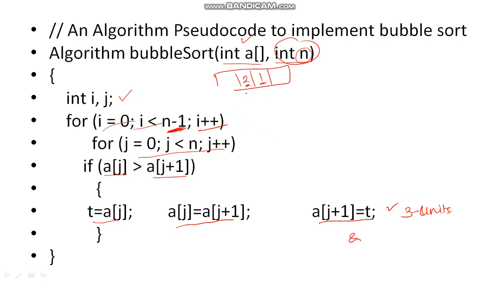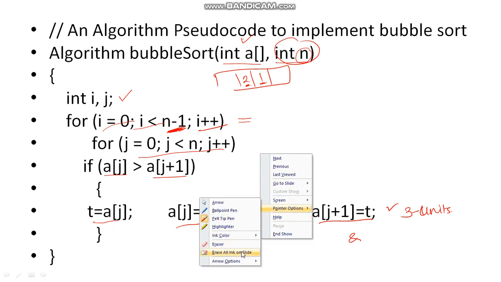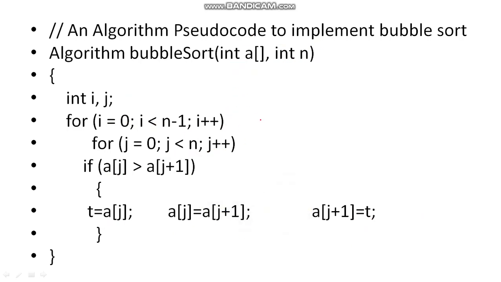Now, let me clear this so that we can write it properly. To find the time complexity of this algorithm, we need to see how many times it is going to work, for i equal to 1 to n minus 1. So this algorithm executes n minus 1 times in total. Even though it is less than n minus 1, if you take it for n times, no problem.